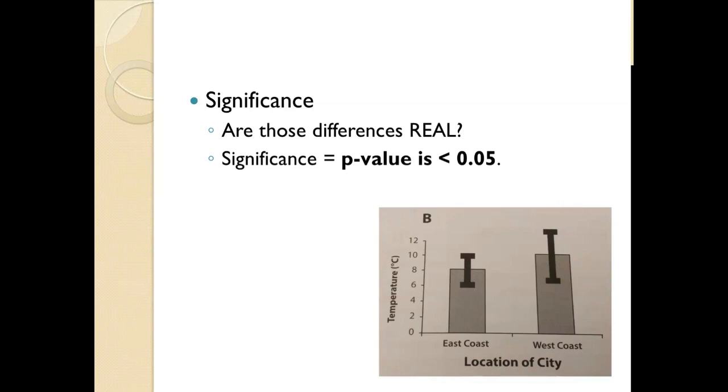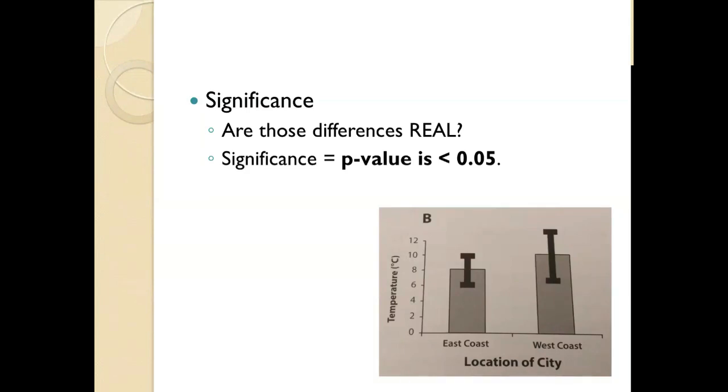Okay, and so the example here is we're looking at the average temperature on the East Coast versus West Coast of a single city. The city only spans 10 miles. And so we can see that the temperature does appear to be different. If we look at just the height of each bar, the east side is 2 degrees lower than the west side. But when we look at the error bars, we can see that there is no significance behind those data sets